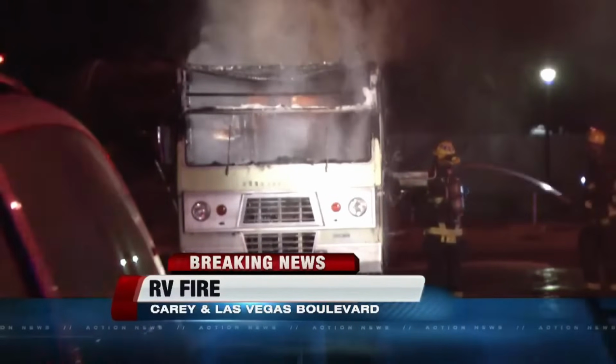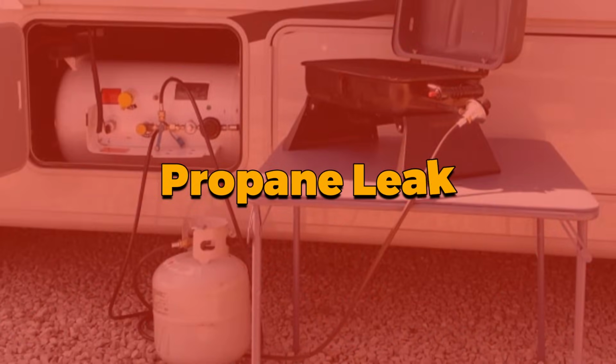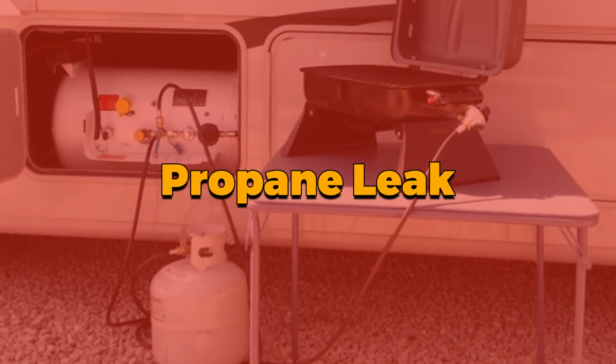Another fire overnight, this one happening in an RV near Cary and Las Vegas Boulevard, which is in North Las Vegas. No one was inside at the time, but